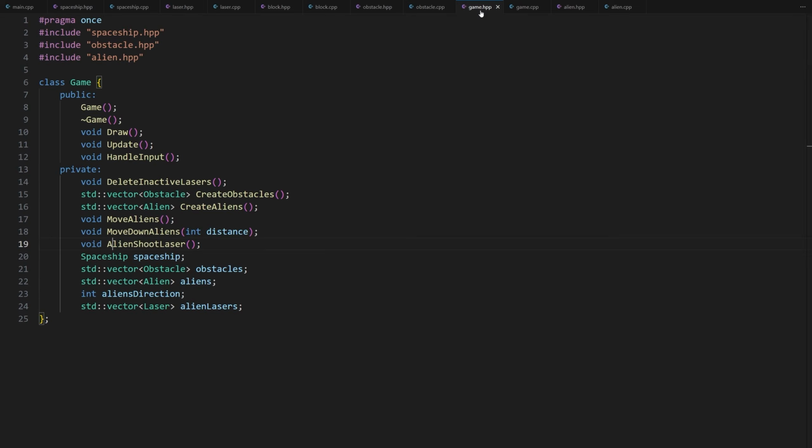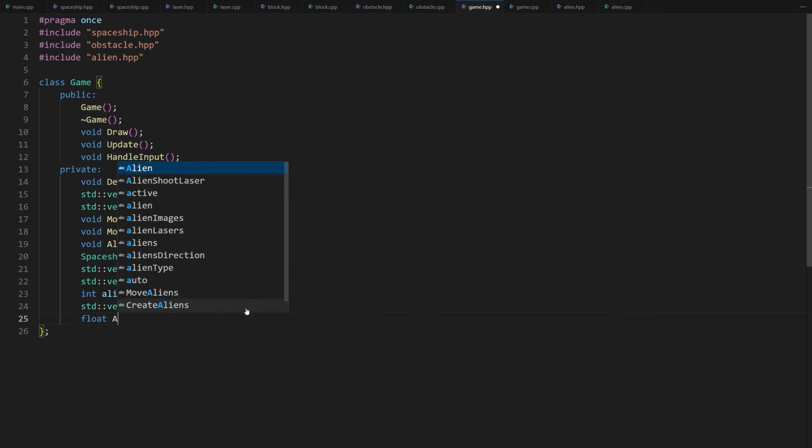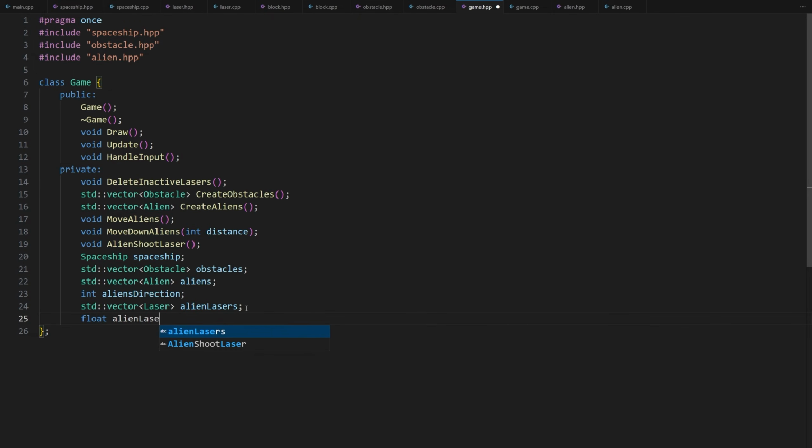In the game.hpp file, let's create two more private attributes. The first attribute will hold the interval in milliseconds in which we want to shoot lasers. float alienLaserShootInterval. We can initialize this attribute in the header file as long as it's a constant value.